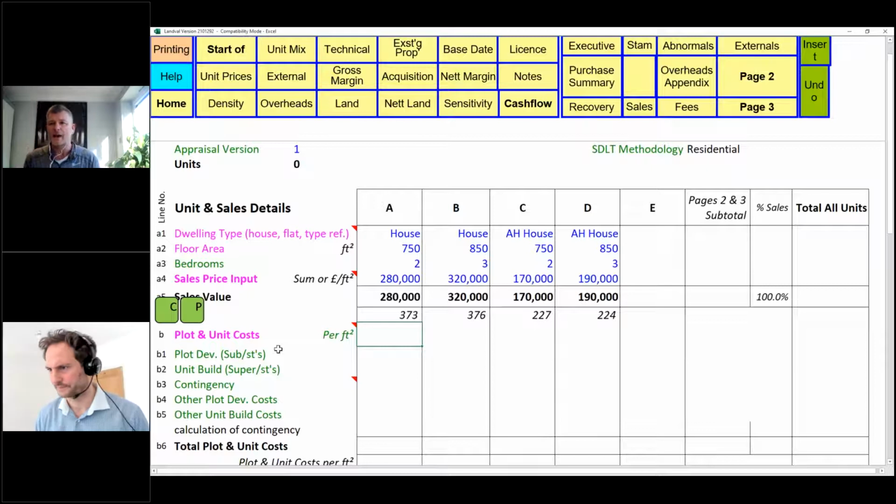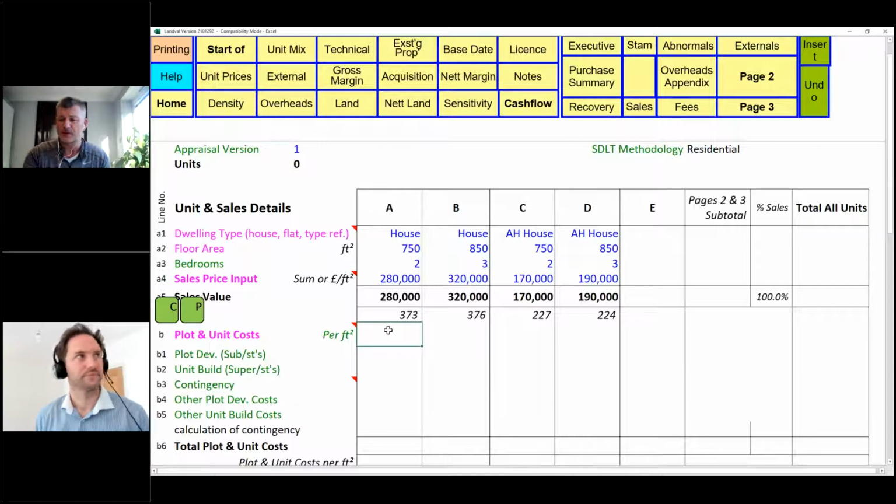And then again, we have two ways of putting in your build costs. You can either do it as a square foot figure, or you can break it down by substructure and superstructure. You can put some contingency in here, and you might have some other costs that you want to add, and you're done at that level of detail.